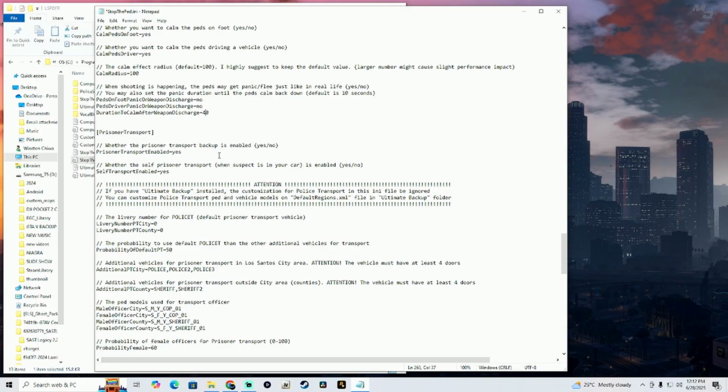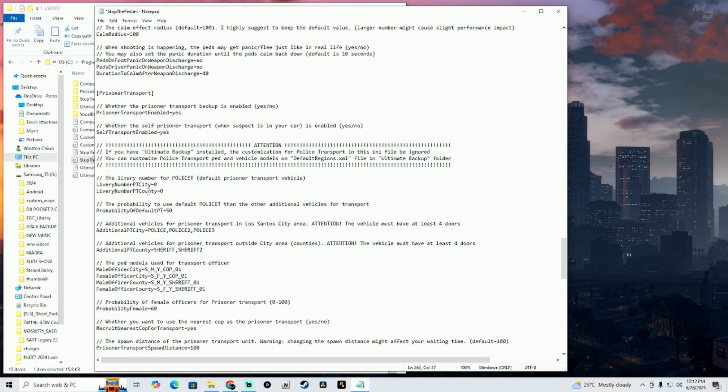Whether the president transport backup is enabled, yes, you always want the president transport vehicle to come and show up. Whether the self president transporter is enabled, yes. You're gonna go ahead and leave the one as yes. The probability to use the default police transport other than other, so 50% of the time it could be the actual police